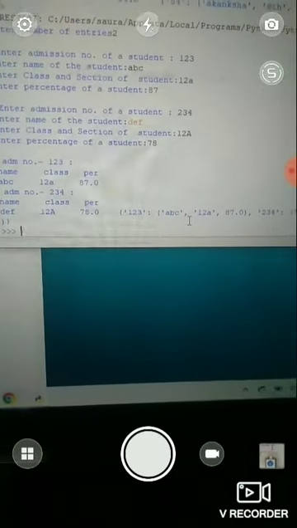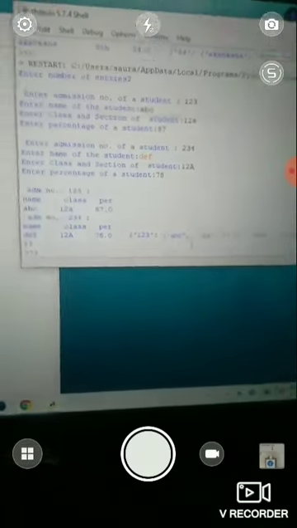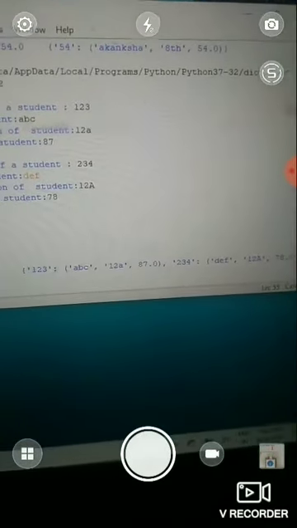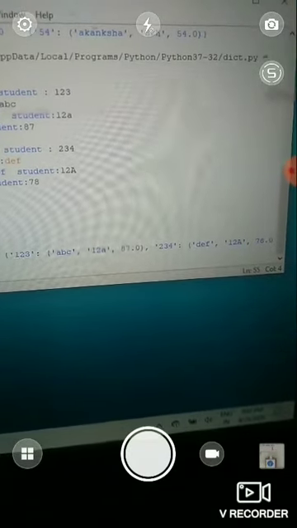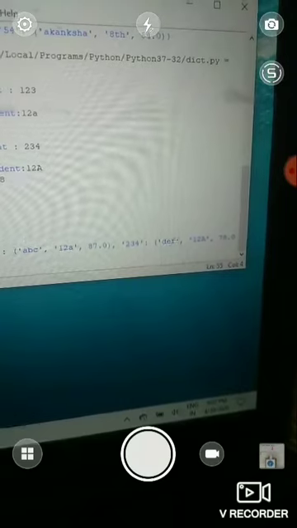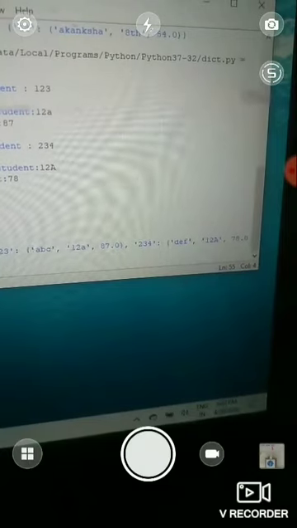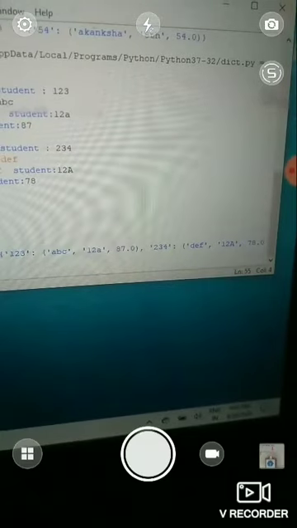Then we take the printout of this and we get the structure of the dictionary. Here we get the print. So the key 1 2 3 has 3 values in brackets, you can see. So it is a tuple which holds those values, and the key 2 3 4 also has a tuple which holds 3 values, or there are 3 members in that key.